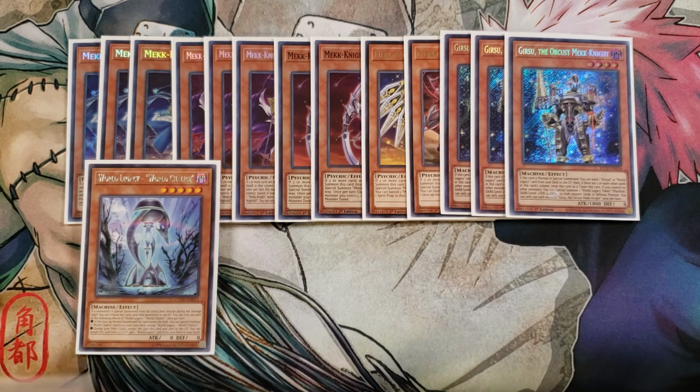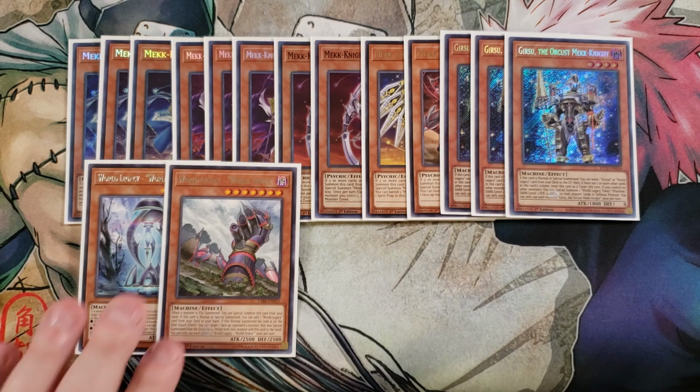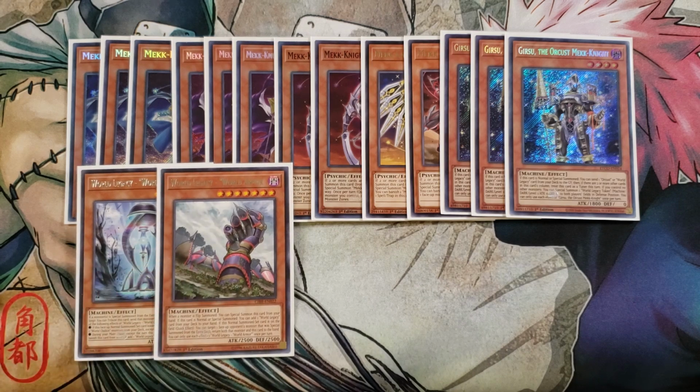We then play a single copy of World Armor. World Armor comes in handy as well because I usually bring it back with my copy of Monster Reborn or World Legacy Succession once I search it. But the reason I play this is because you're either going to send your copy of World Armor or your World Chalice from your deck to the graveyard off your copy of the Orcust Mekk-Knight, which is still pretty good. But basically you just send it to the graveyard and then you bring it back,